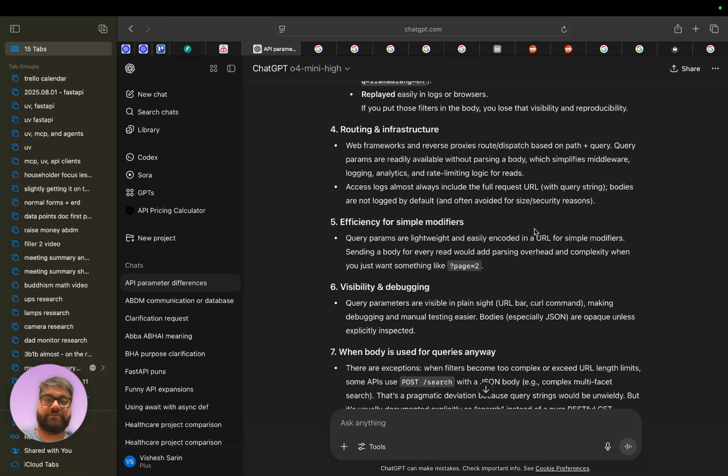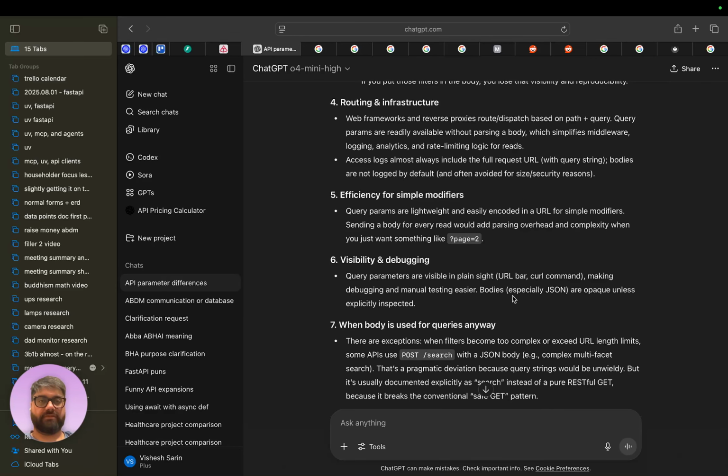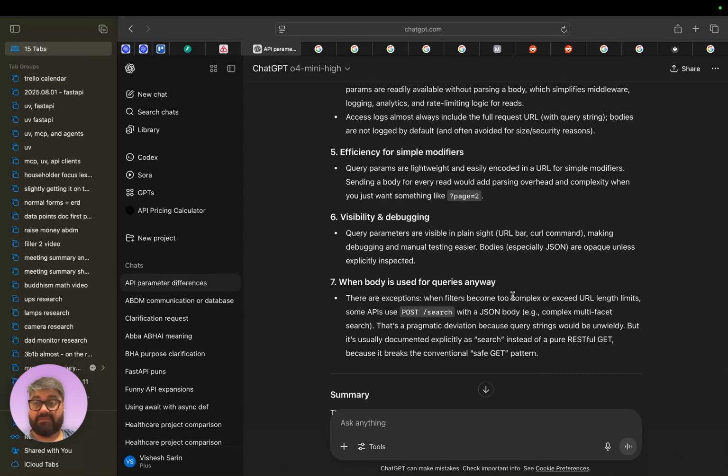Efficiency for simple modifiers: query params are lightweight and easily included in a URL. Setting a body for every read would add parsing overhead and complexity when you just want something like ?page=2. Reading a body requires parsing, which is a step past parsing the URL.